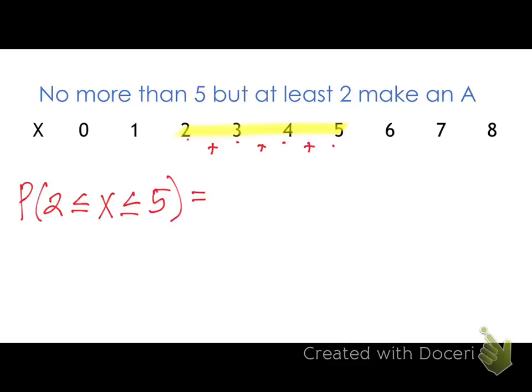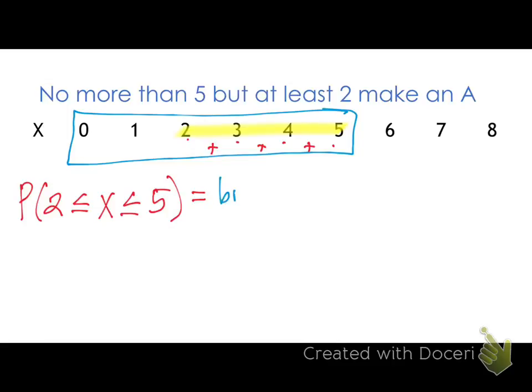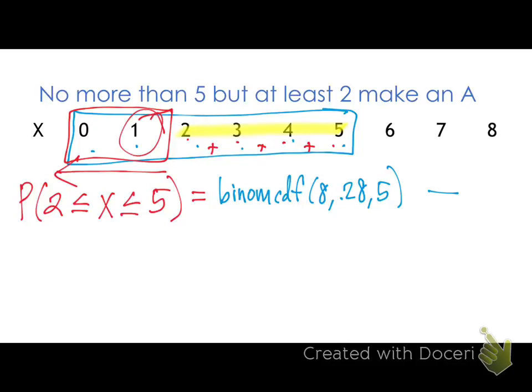So you could have 4 separate PDFs. Or you could take, and this might be a little bit easier, just depends on your way of thinking, binomial CDF of 5 and below. So 8, 0.28, 5. That's going to give me 5, 4, 3, 2, 1, 0. And then I could subtract away this 1 and 0. So I want to subtract 1 and 0. So minus binomial CDF